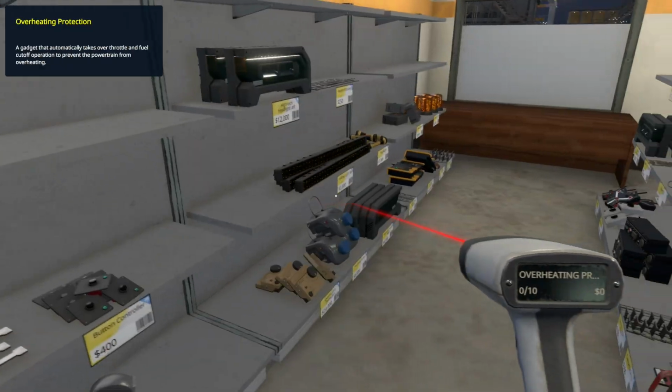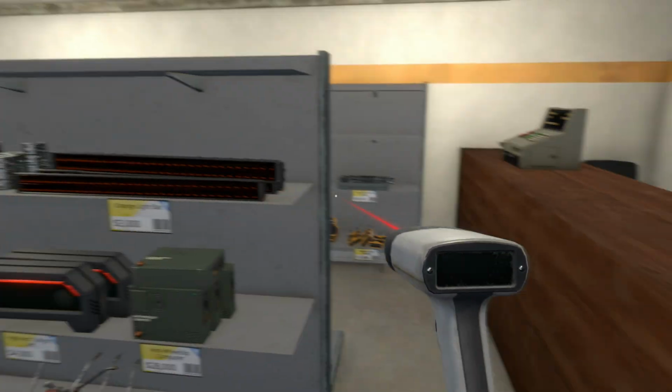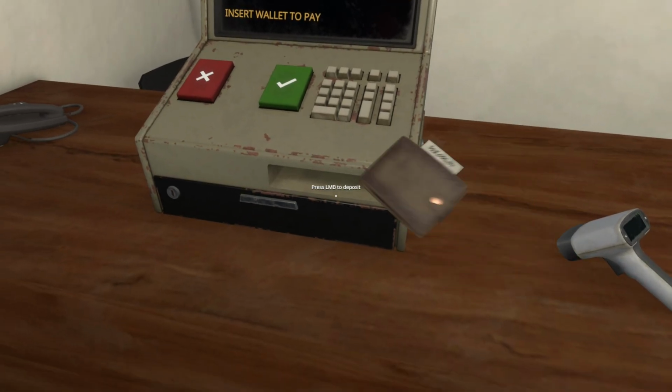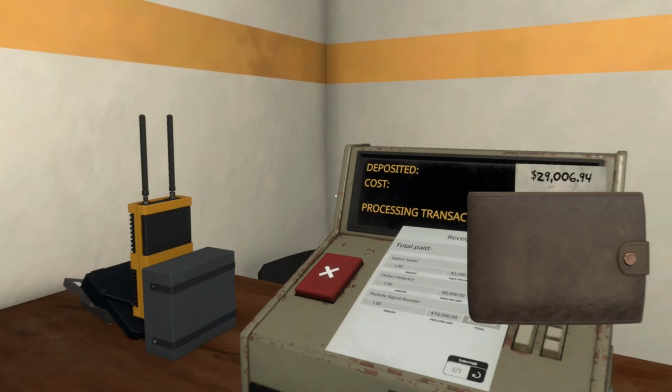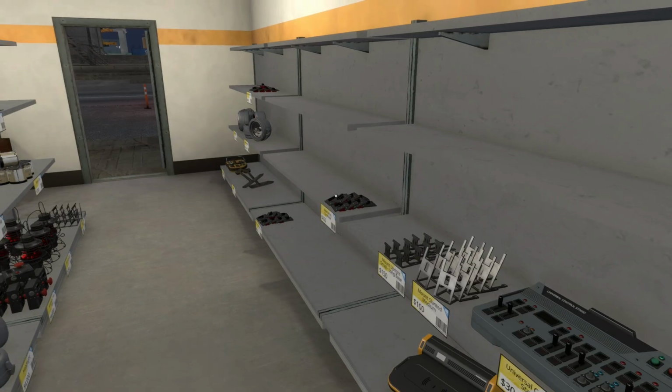Yeah. I don't think we can buy any more soldering wire. Yeah, we can't. Right, how much is that? 29.5. Done. And we've actually got 29,000 left, so...